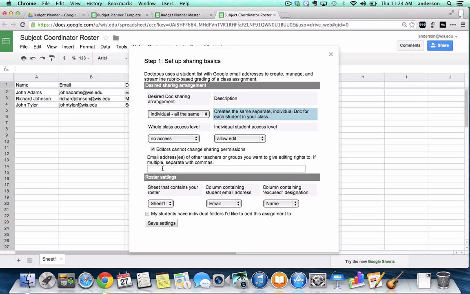And if I wanted to give some other people access to editing the document as well, I could include their email addresses here, and they would have editing rights to all of the spreadsheets in here as well. And I can just make sure these make sense in terms of the various columns that are going to be used. This is the sheet where the data is contained. And then, of course, this is the column containing the email address. And then this one, the column containing